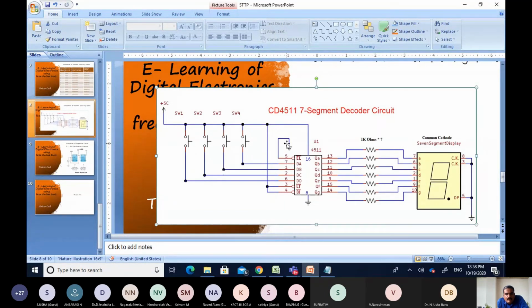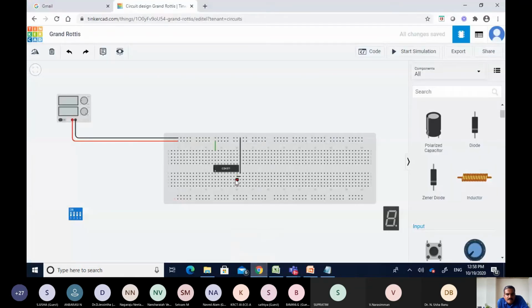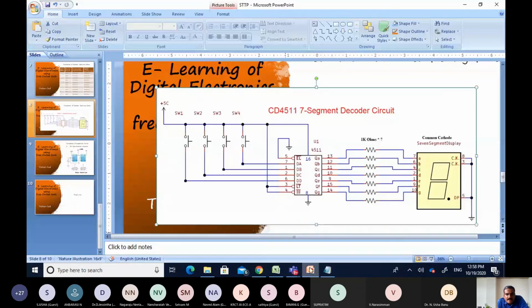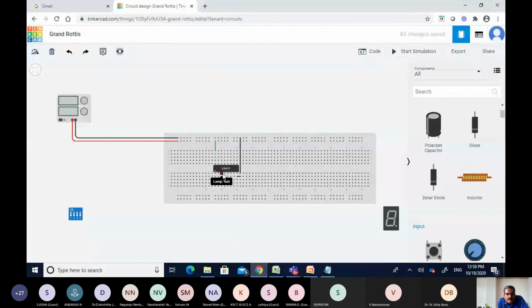Pin number 5 I'm going to ground directly. Pin numbers 3 and 4 go to VCC, so pin number 3 is connected to 4.